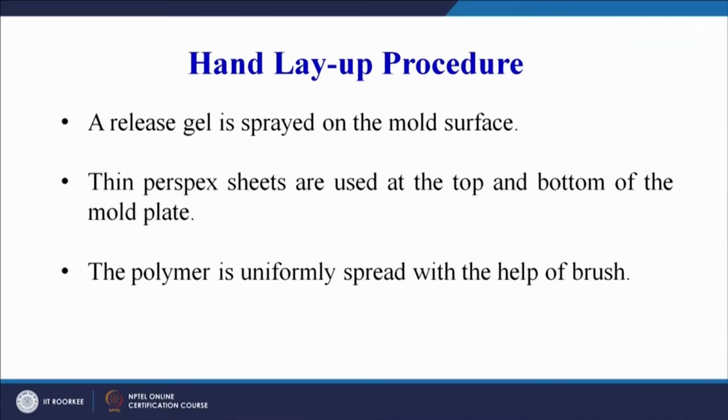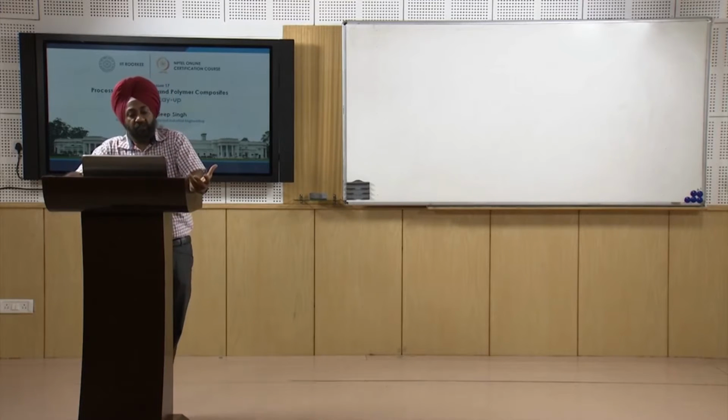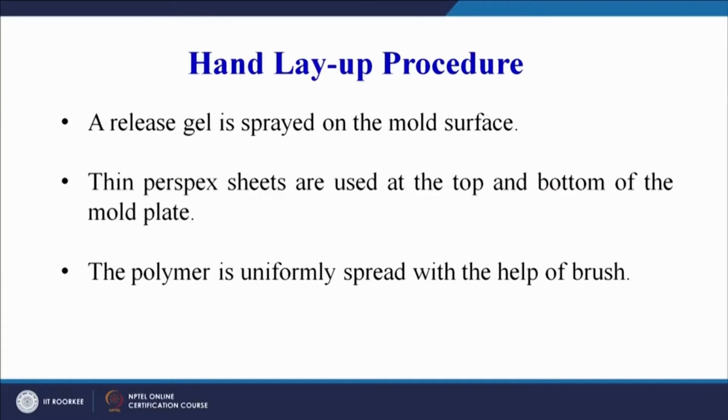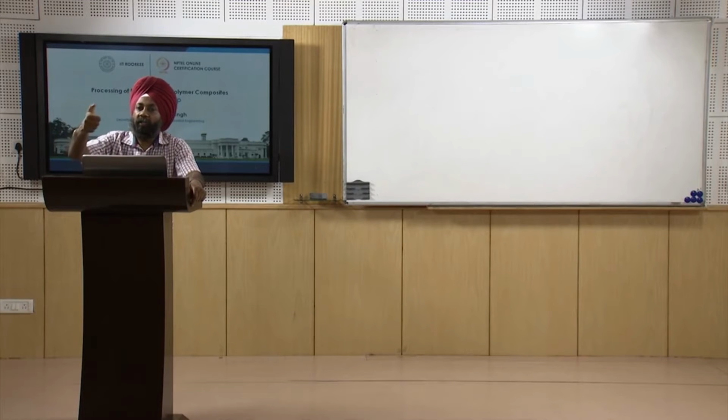Now, release gel, now let us see the process step by step. We have a mold which is the exact replica of our final product. The mold can be a metallic mold. Many times people use wooden molds also in case of polymer composite. So, whatever may be the material of the mold, the first step is that a release gel is sprayed on the mold surface, and that is usually available as silica based gels, or in the deodorant type of arrangement where you can spray this all over the mold surface. The purpose of this release gel is to avoid the sticking between the laminate and the mold.